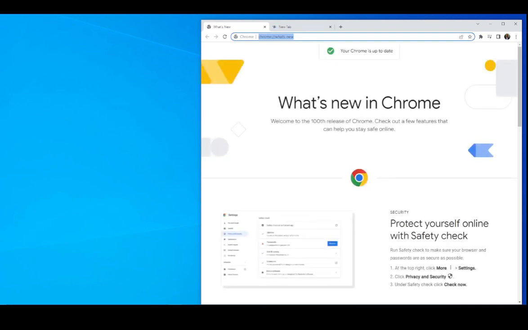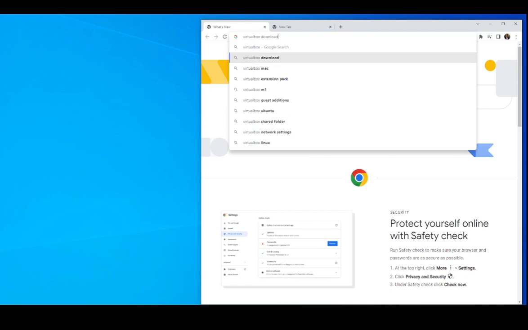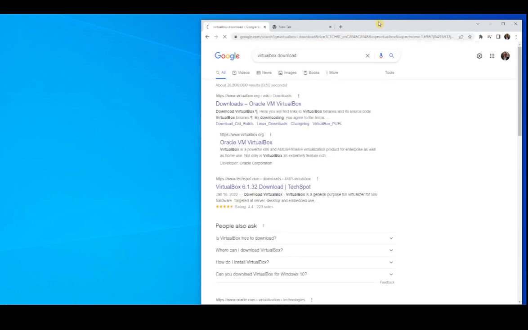So we type in VirtualBox, download. So here you will see that we have the download site for virtualbox.org. This is the one that we need. So we click on download